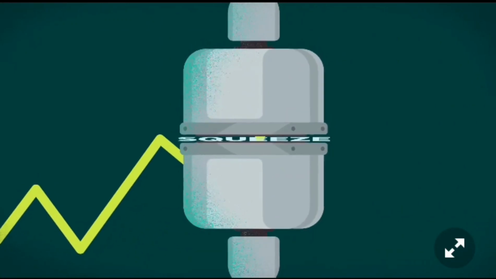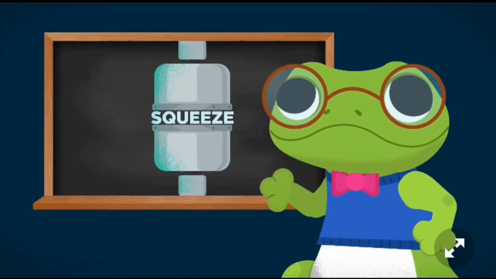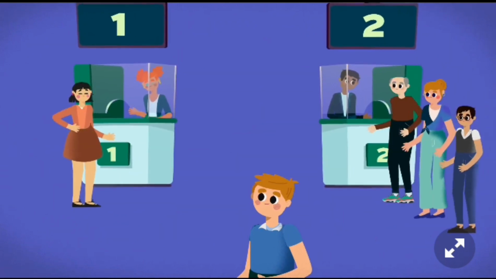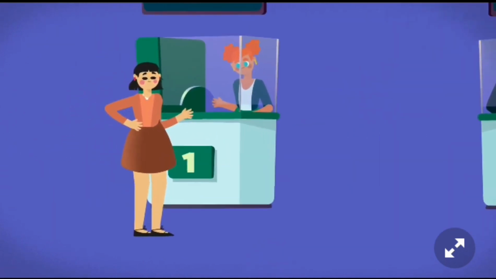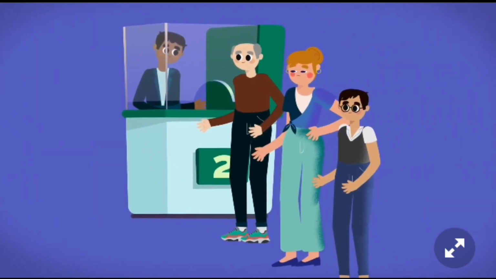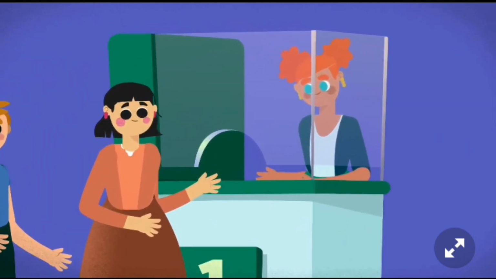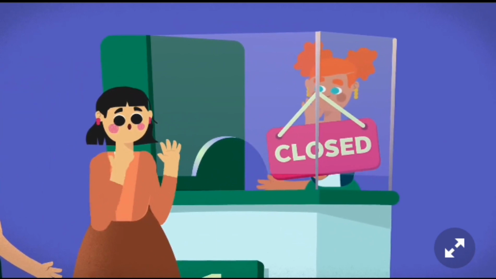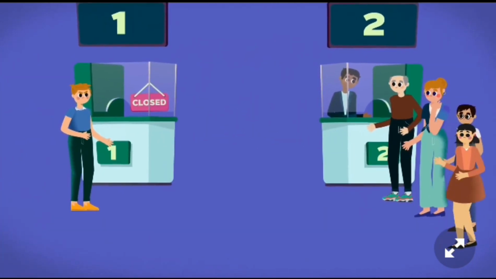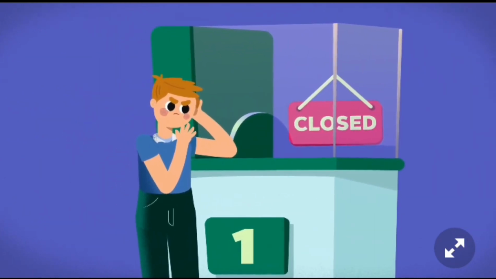term squeeze in trading? Here's a short analogy to help you visualize this phenomenon before we get down to the nitty-gritty. Say John enters a bank and has the option to stand in Q1 or Q2. From his perspective, Q1 is shorter and moving faster than Q2. So, naturally, he concludes that he'll be served earlier if he chose to stand in Q1. However, after a couple of minutes, Q1's teller is closed, and so he has to switch to the other queue, which is now considerably longer.